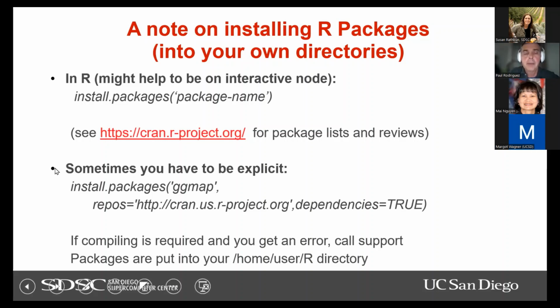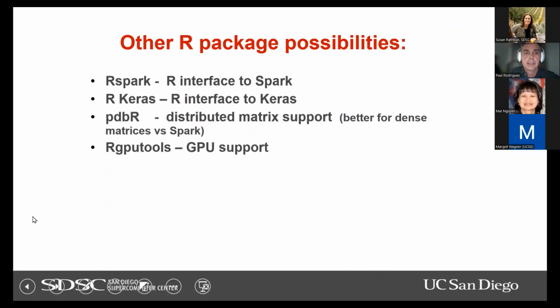for example. And as Mahi said the other day, when you have certain packages that have a lot of dependencies, maybe they have certain dependencies that don't fit well on our Expanse system. There's also the Singularity option, where you have a Singularity container that has an R environment. Just a quick note, as your data needs do get bigger, there is an R interface to Spark.